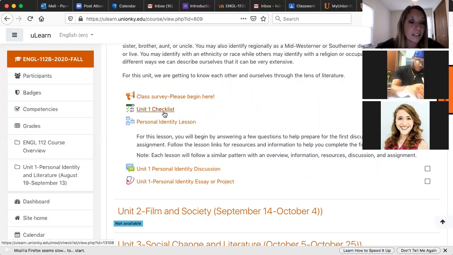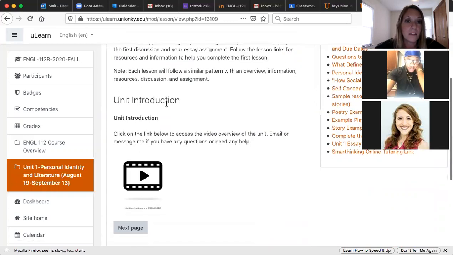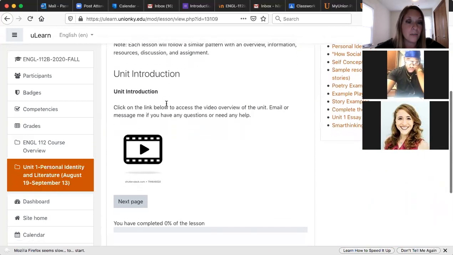I give you a checklist there to make sure you're keeping up with everything. But one of the most important ones is the lesson. So make a note to click on the lesson. That's where all the information is about the resources, the readings for the unit, the discussion link, and the paper. So for each unit, you have readings, videos, resources, a discussion where you have to post and respond with other classmates, and you also